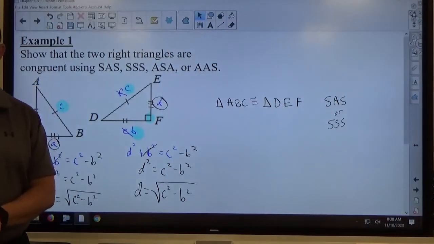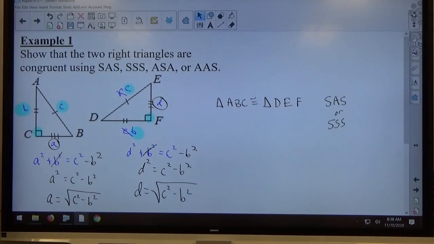If I'm writing a proof, I just pick one. If I got multiple options to choose from, pick one. You don't have to write them all down. But